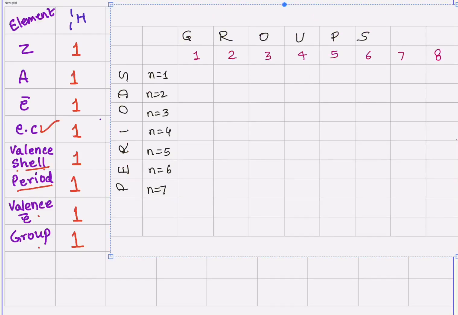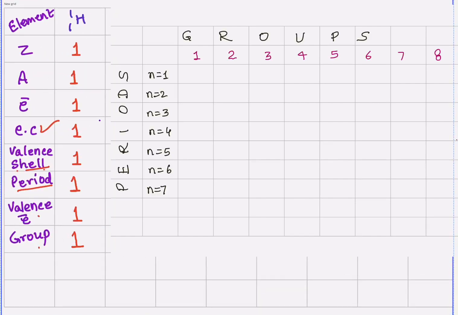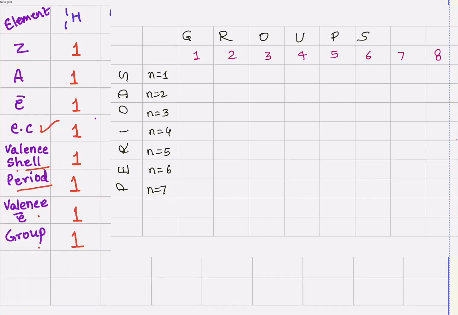So now you have your periodic table. Have a look. We said period 1 and group 1, right? That's what we said. So period 1, group 1. That's the position of our hydrogen, right? So let us put H over here. Go on to the next element that you have, that is helium.